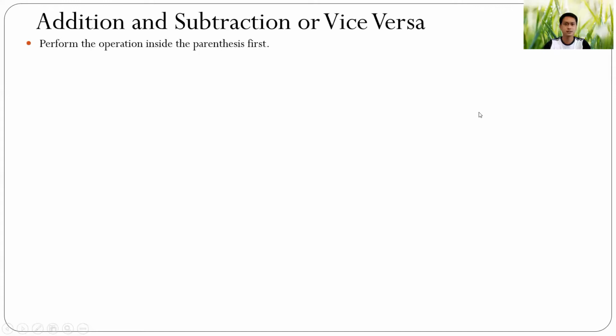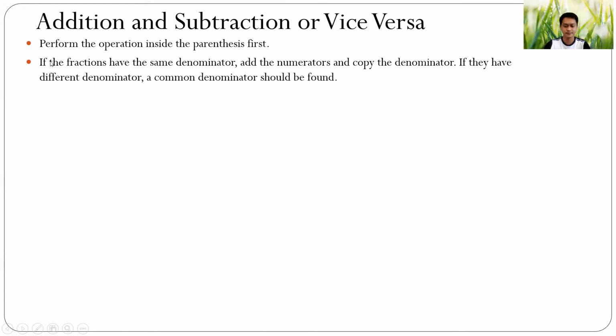So in addition and subtraction of fractions, first we need to perform the operation inside the parentheses. Next, if the fractions have the same denominator, add the numerators and copy the denominator. If they have different denominators, a common denominator should be found. So, example,